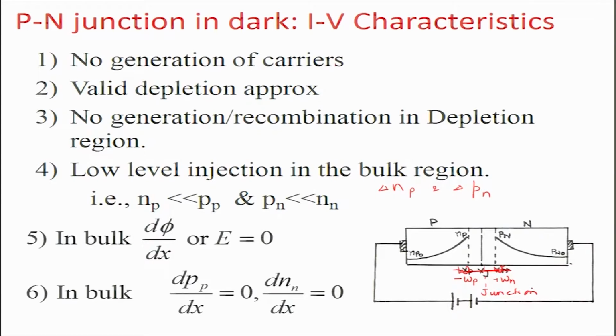Okay. So, minority carrier concentration at the junction, at the boundary of the depletion region and the bulk, is Np, and deep in the bulk you have Np naught. Similarly, on the N side, the minority carrier concentration, that is the hole concentration, is Pn at the boundary between depletion region and bulk, that is at x equal to Wn, and it goes to the equilibrium value of Pn naught in the bulk of the semiconductor. So, these are certain conditions that we will follow to begin with.